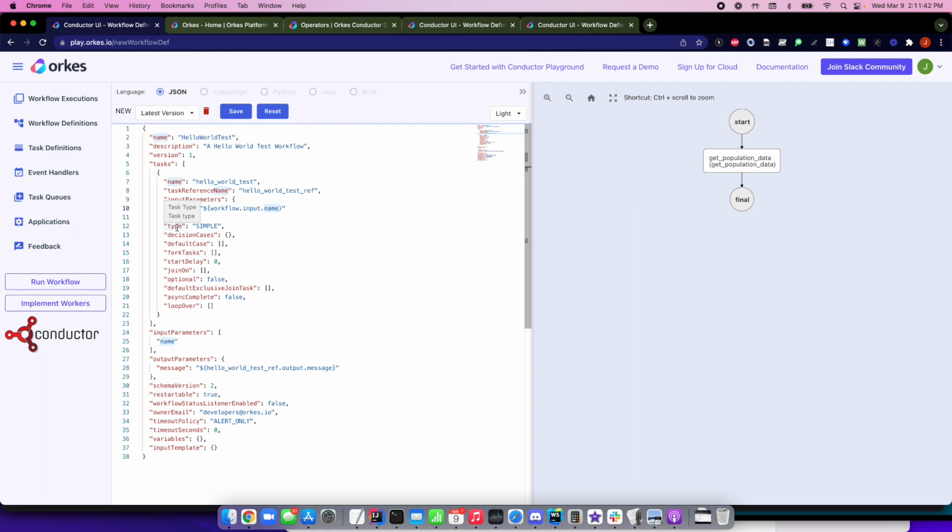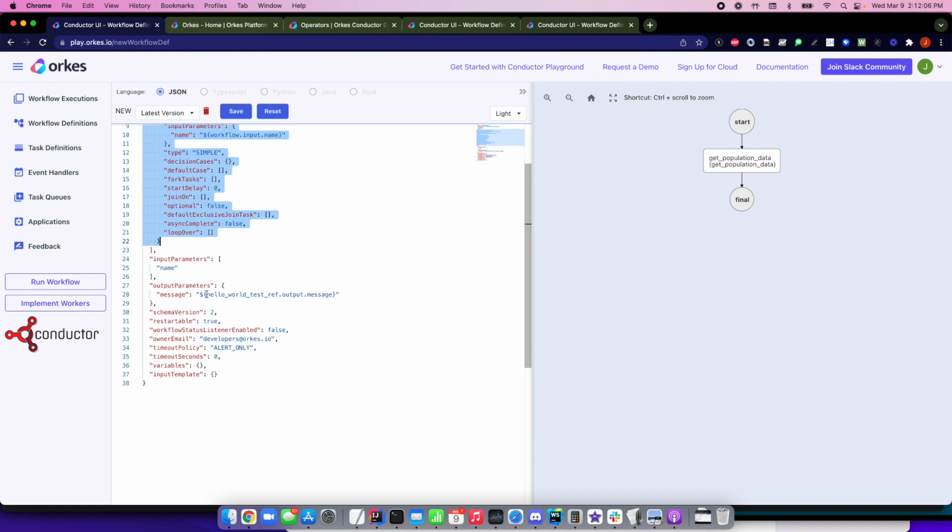And we don't need to go over all of these other cases in this particular thing, but the only other important thing to keep in mind here is the type of the task, and it's going to be a simple task in most cases. So that's kind of defining your task right here. The next thing is to basically,